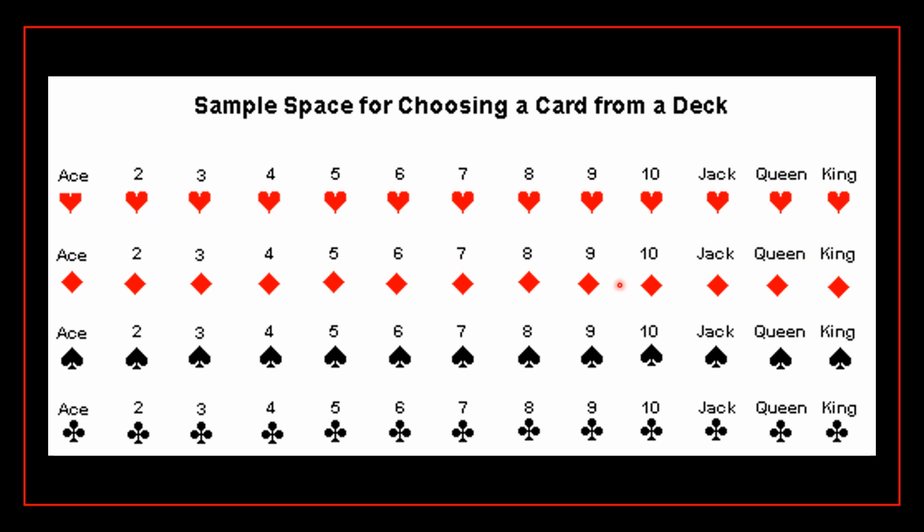The major points are: the total number of cards is 52, the total number of red cards is 26, and the total number of black cards is 26. Every suit will contain 13 cards, and face cards are 12. How many aces? 4 aces. The number of red colored aces is 2, and the number of black colored aces is 2. Like this, you should be thorough with the division of different cards in a deck of playing cards.